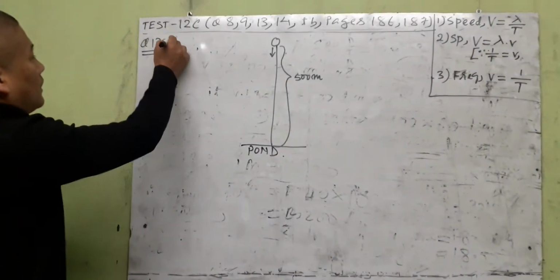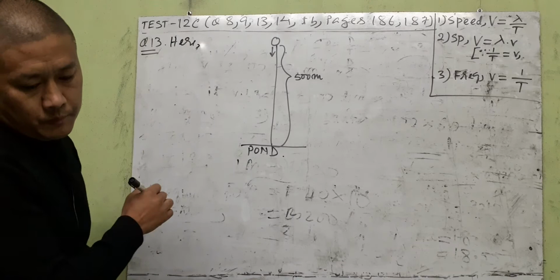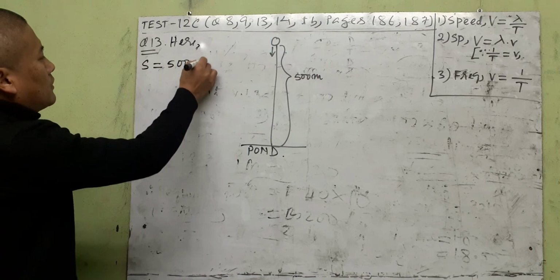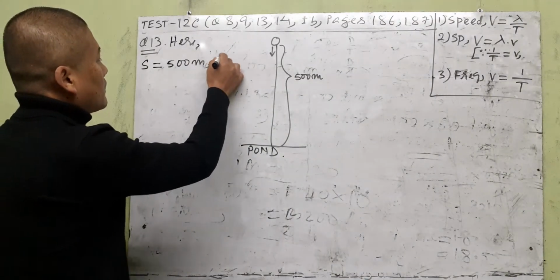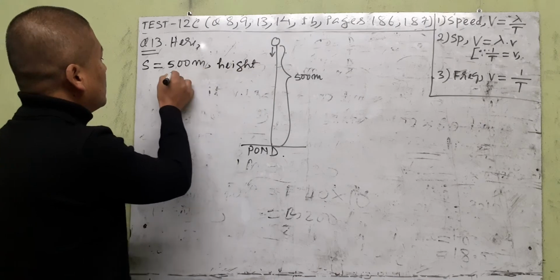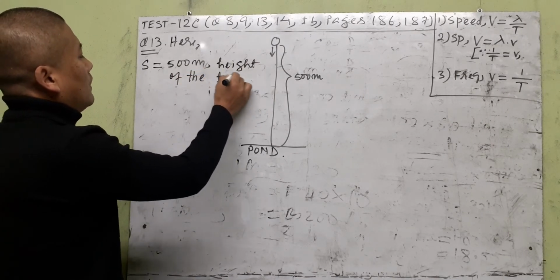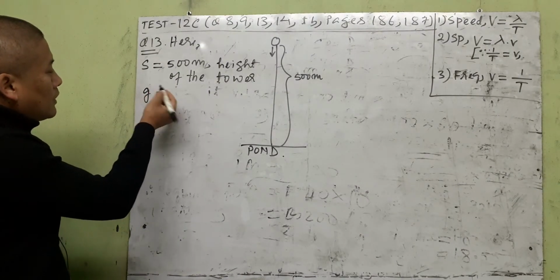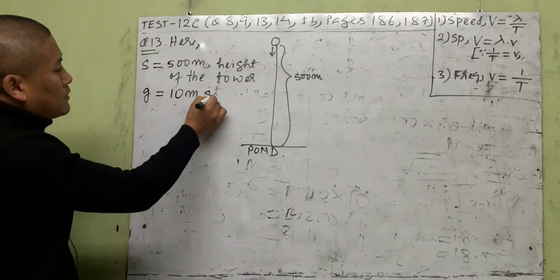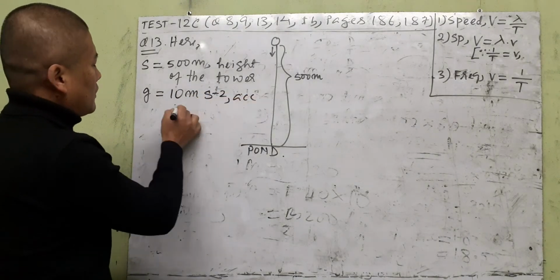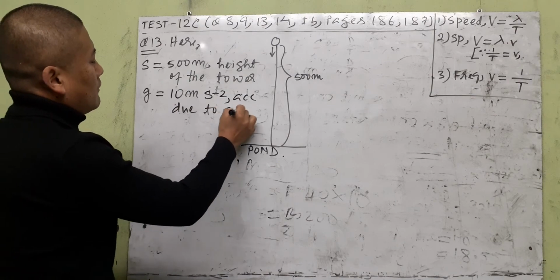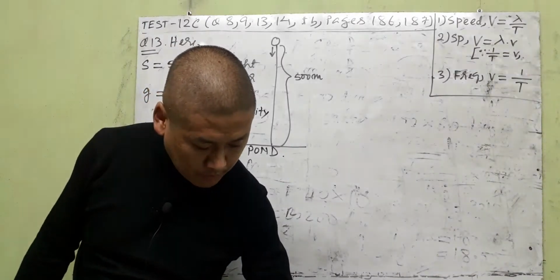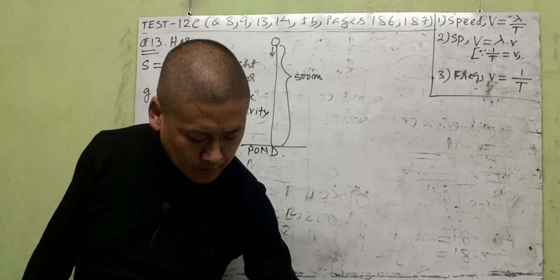So clearly, as we read the question, we find that here in the motion chapter we're using s as a distance, so s is equal to 500 meter. According to the language of the text, it is the height of the tower, right? Keep it simple, okay? And then as you read the question, g is given as we have to use 10 meter per second square. This is acceleration due to gravity. Look into your text and you will see this is the given value there. In the bracket, given g is 10 meter per second square and speed of sound 340